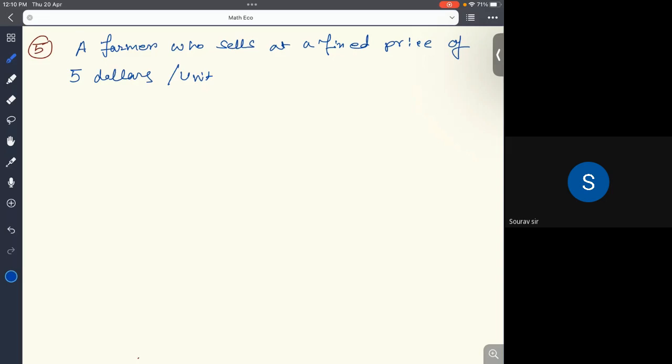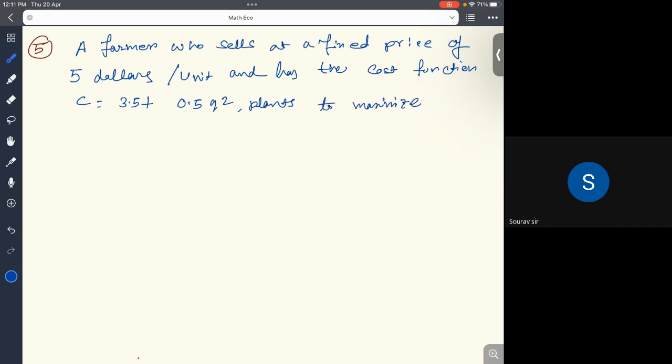So the question is, a farmer who sells at a fixed price of $5 per unit and has the cost function C is equal to 3.5 plus 0.5 Q square, plants to maximize profit under certainty. After planting, she discovers that